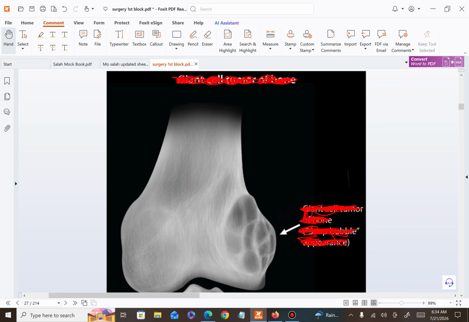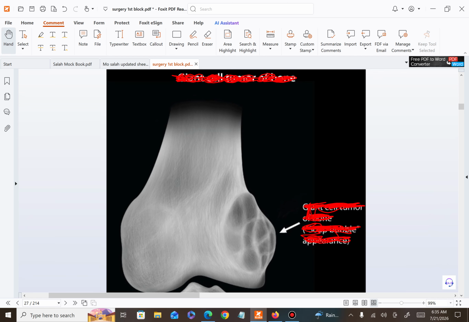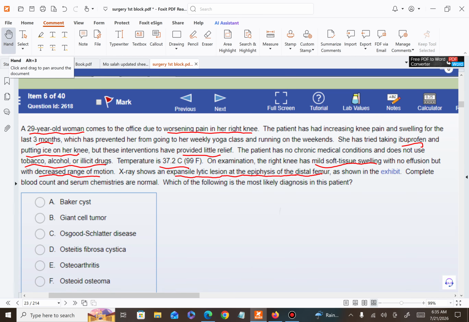The X-ray shows the lytic lesions on the epiphysis of the distal femur. So you can see the lytic lesions. Now what will be the diagnosis? Okay, so the diagnosis in this case is